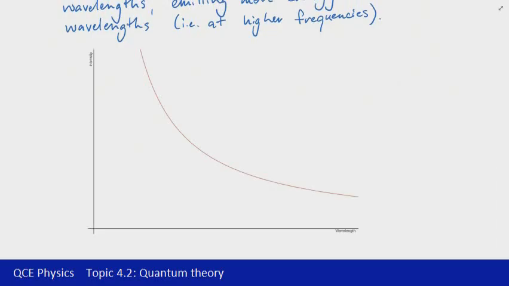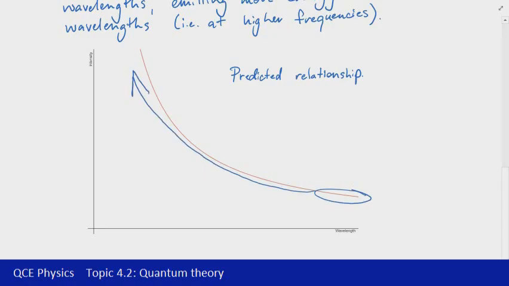So here we have a graph of the predicted relationship, and we can see that on the horizontal axis we have the wavelength of electromagnetic radiation, and on the vertical axis we have the intensity. Now, intensity relates to both energy and power. So the higher the intensity, the more energy that's being radiated. You can see at the longer wavelengths is fairly low energy, and then as the wavelength gets shorter, the energy increases, which kind of makes sense in that if you've got something that's oscillating at a high frequency, that would tend to mean that more energy is being put into the system and therefore would be radiating more energy.